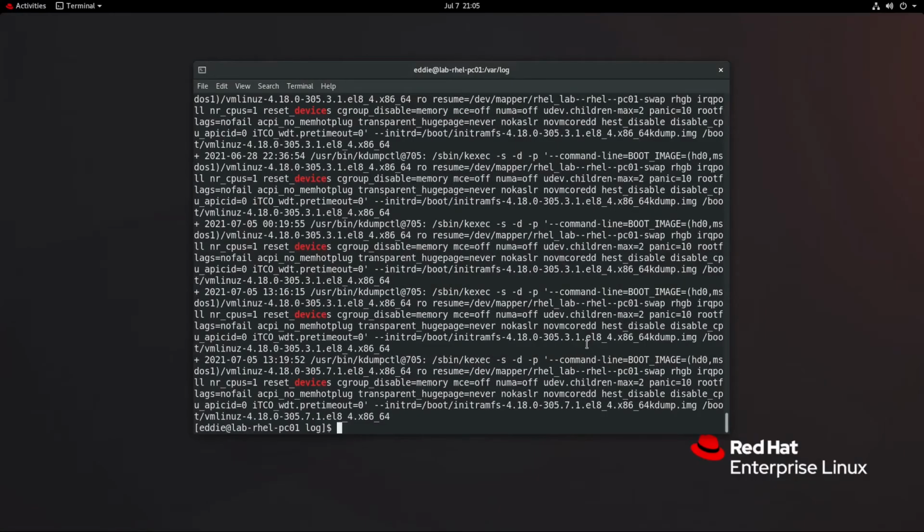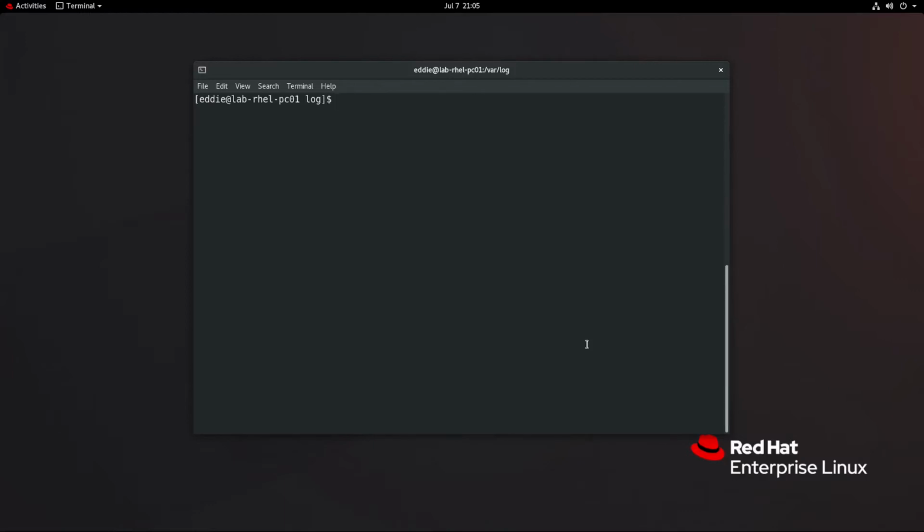Another essential tool that you have to be able to use is accessing remote systems using SSH. I've set up a couple of other VMs that I can SSH to from here. And really the basic thing that you would do to access via SSH is simply use ssh and whatever user you're going to use. If you don't specify a user, it's going to assume your current user for your bash session. I've set up an admin account for these servers, and you're going to do this at whatever your host name or IP address is. I happen to have DNS running in my lab, so I can use my host name,